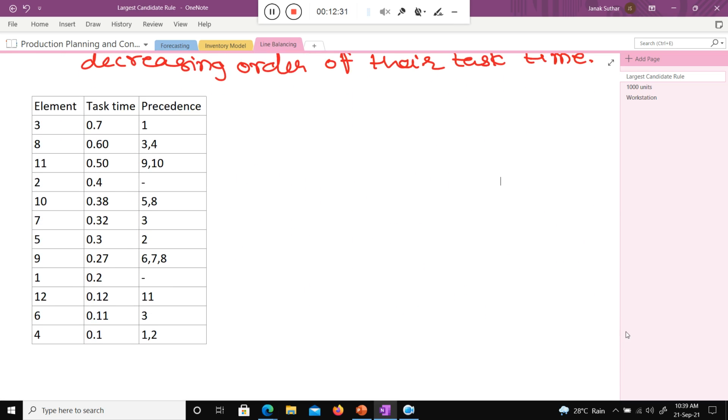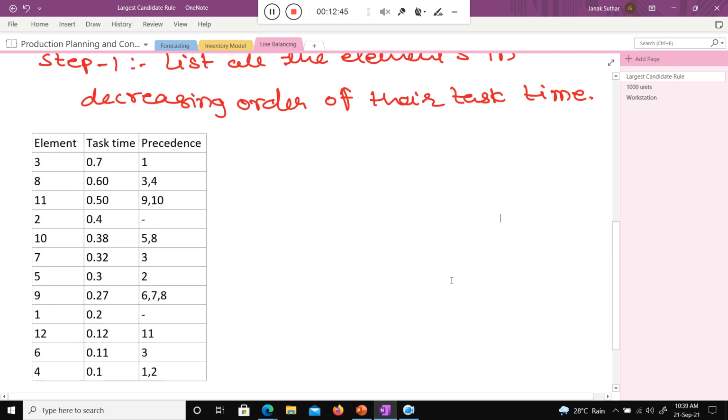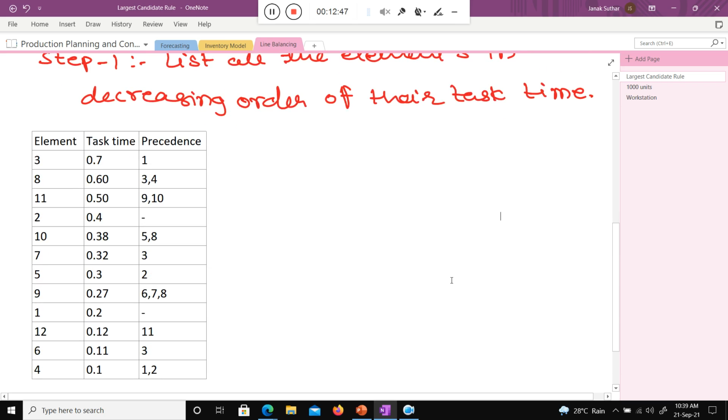Now what is step 2? Step 2 says select the element which satisfies the precedence relationship, and make sure that the total workstation time does not exceed the cycle time. What is line assembly? Line assembly means you need to make workstations, right?